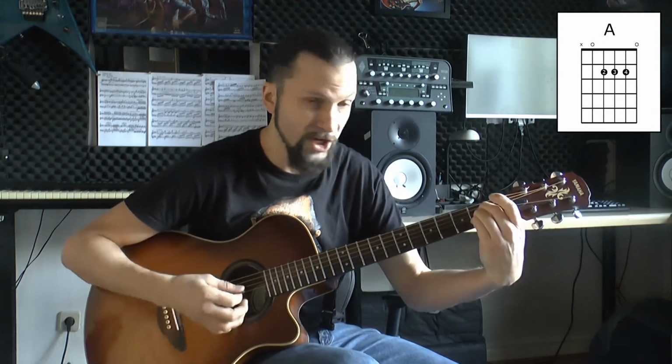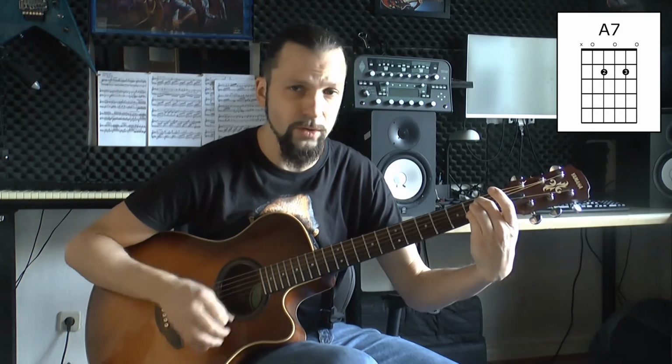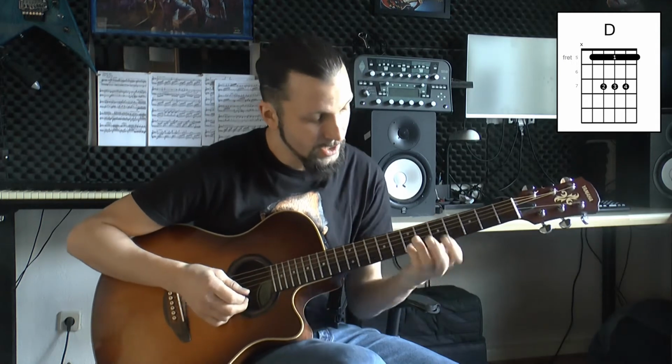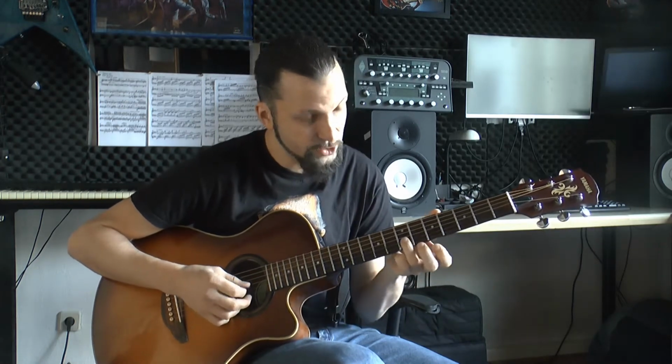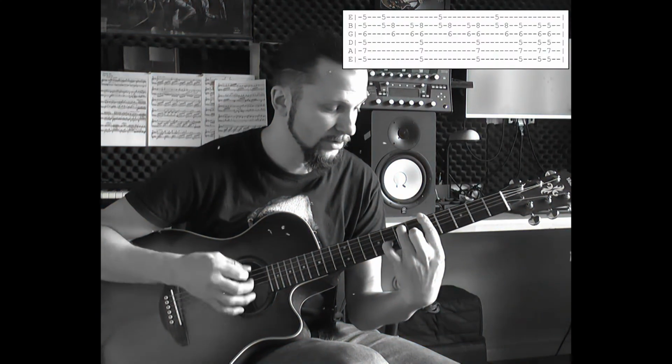Then we move down to A major in standard position. Like the sailor said, quote, A7, ain't that a hole in a boat, D. But up here on the 5th, because we have some more pinky action again. This time 7-5 on the E string and 7 on the B string. And pretty much the same strumming pattern we had before on the A7 part. But this time